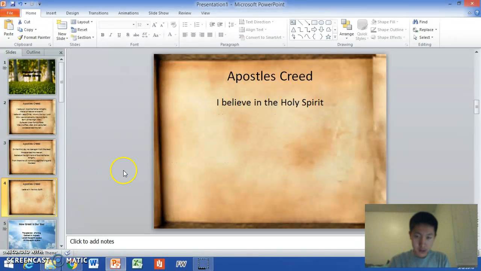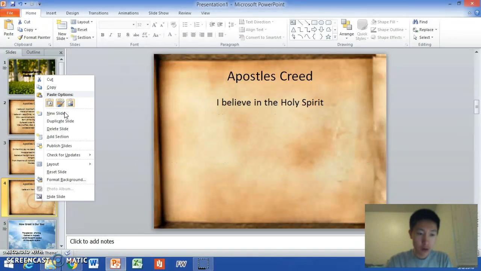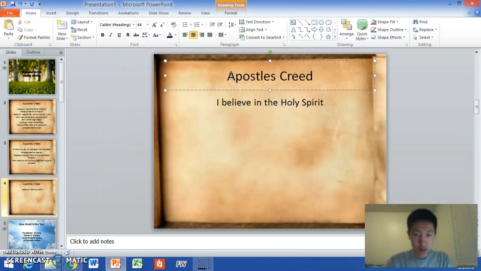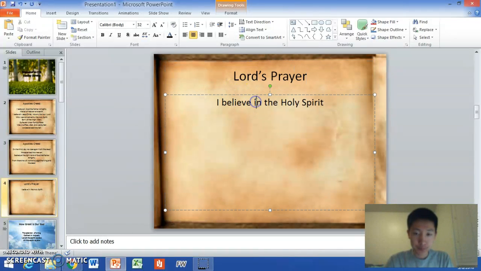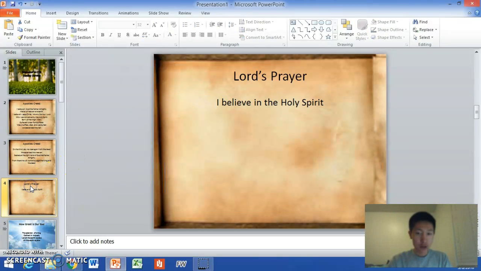And then same thing here, Lord's Prayer. I can duplicate the slide, and then here I can write Lord's Prayer, and then we type in the Lord's Prayer there. And so again, verify with your pastor in whatever they prefer, how the wording should go.